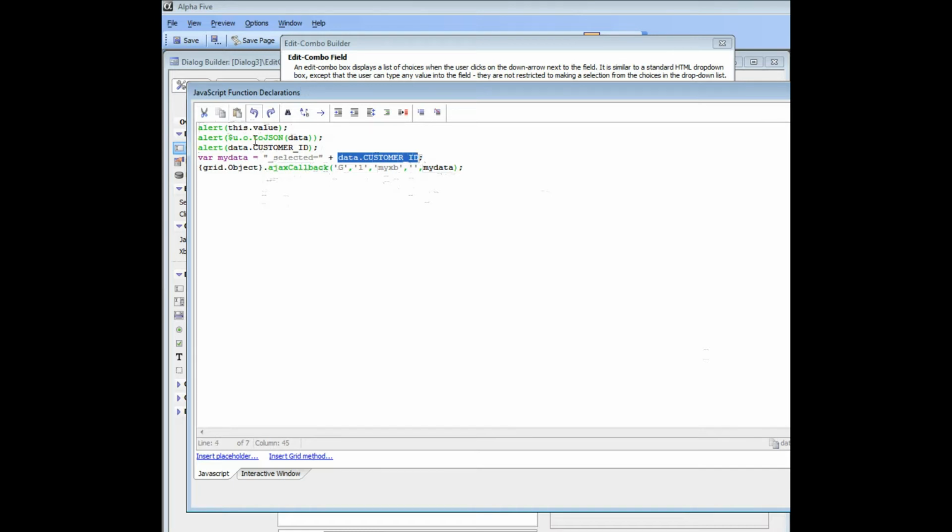So what this alert is going to show us is the value of this dot value. In this particular case, this refers to the actual edit control. Then data is a special object that is available to this event handler, and data is a JavaScript object that contains values for all of the columns that were displayed in the edit combo, and we're just using one of the functions in the Alpha 5 JavaScript library to convert this object into a JSON string so we can see what's in it. Then finally we actually alert out